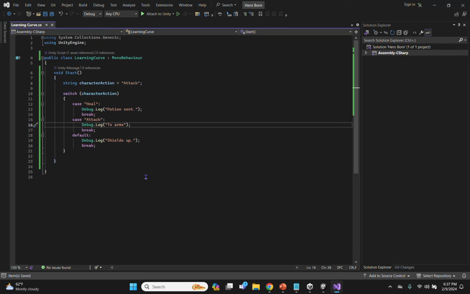So this is how the switch syntax looks. The switch keyword introduces the switch statement, followed by a variable called character action in the parentheses. Think of character action as the question: what action should the character take? That's the question. Each case represents a possible value of character action and the action to take if